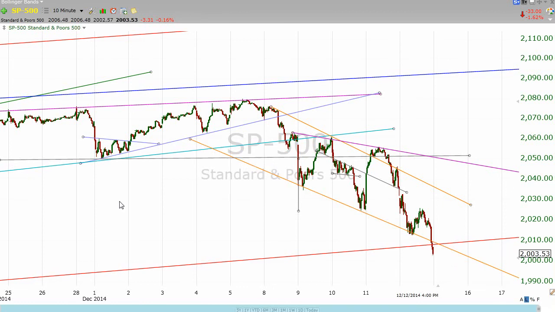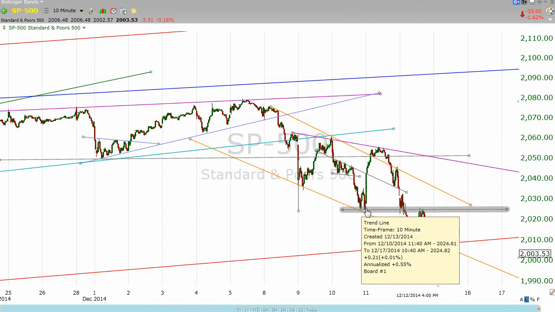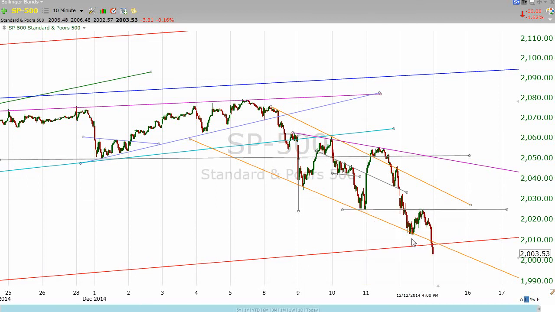So if we're looking at this chart and we're trying to discern when it looks like this is going to turn around, I think the first sign will be getting over 2025, because that appears to have some technical significance. Bounced on it twice this week. When we came back through it, it then turned into resistance. So moving this line forward throughout the rest of the week,